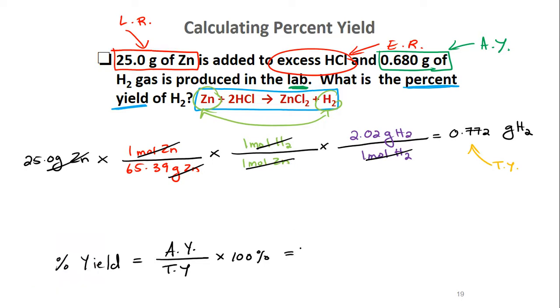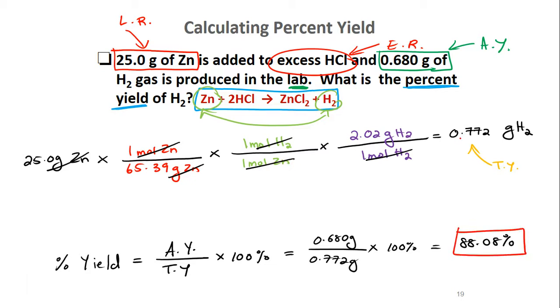So this is going to be actual yield 0.680 grams on the top, 0.772 grams on the bottom, actual over theoretical times 100. That gives me 88.08%. So what that really means is I expected to get 0.772 grams of hydrogen when I reacted 25 grams of zinc, but I only got 88.08% of that 0.772. Okay,